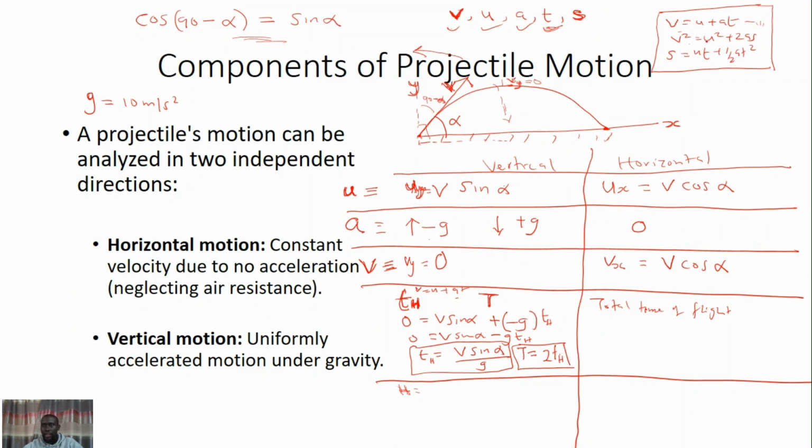We should be able to use this formula: v squared equals u squared plus